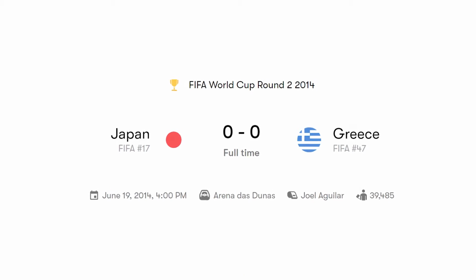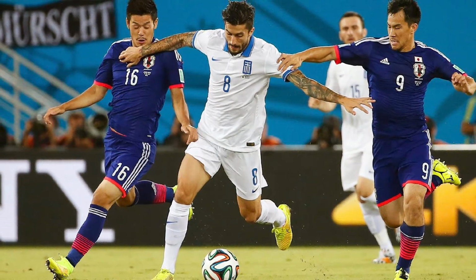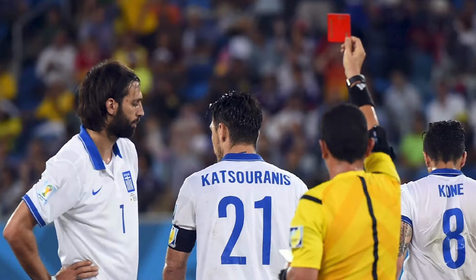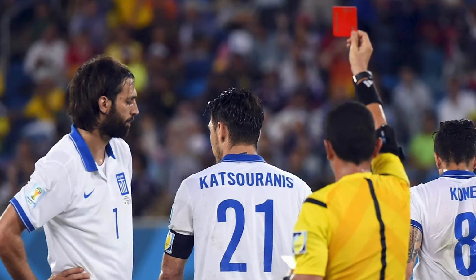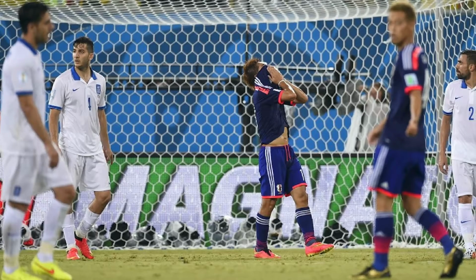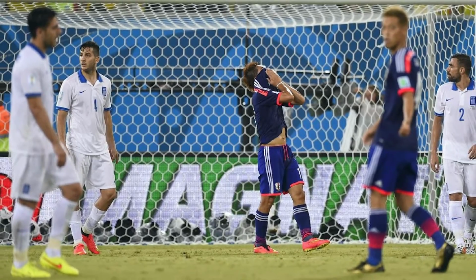Greece 0, Japan 0. Japan went into this match needing at least 1 point to remain in the competition, and that's exactly what they got. Greece would be reduced to 10 men in the 30th minute and would have a header save in the second half. Japan had a few chances to score, and even with 68% possession, they came out empty-handed as the match